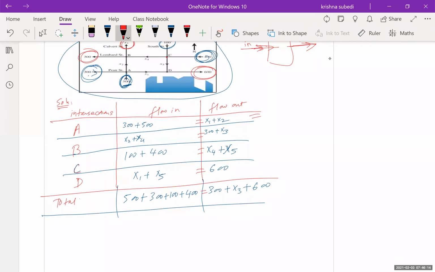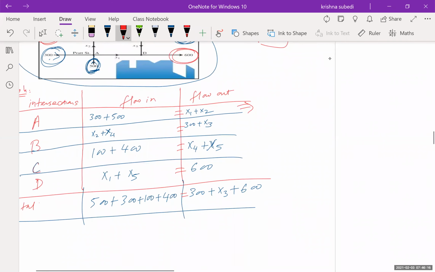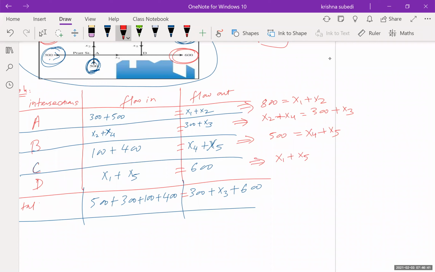So this gives me 300 plus 500 is 800 equals x1 plus x2. This gives me x2 plus x4 equals 300 plus x3. And then this is going to be 500 equals x4 plus x5. And this is going to be x1 plus x5 equals 600. And this is going to be 800, 900, 1300 equals